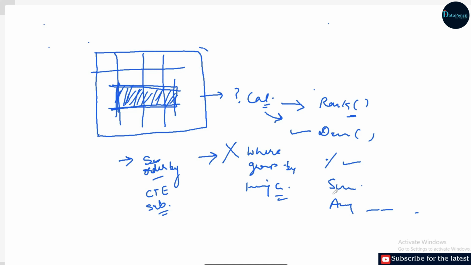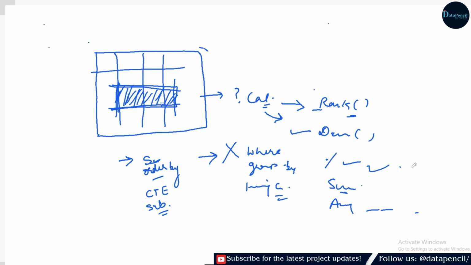Fine. So basically what we are doing here is creating a special window on which we want to perform some calculations. Whatever our purpose is, on the basis of that purpose, we will perform some calculation. If we want to get the rank, then we will use the rank function. If we want to get the sum, then we will use the sum function. But not for this entire table. We will calculate these things for some specific rows that we are seeing through this window. Correct? Fine. Now, let's come to our query number 1 and see this concept in a clearer manner.